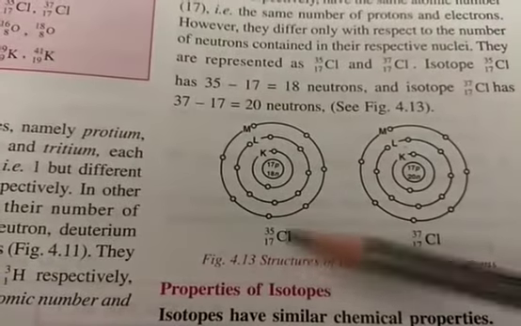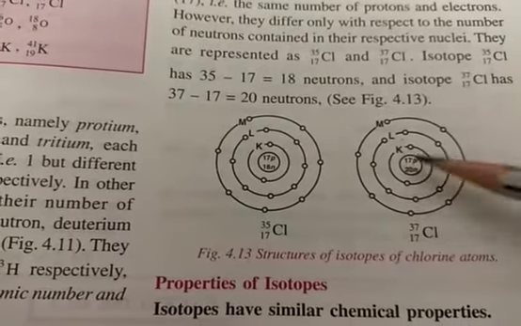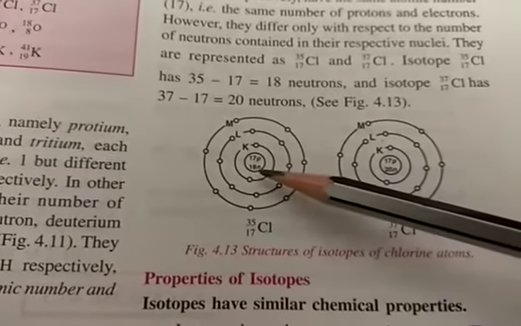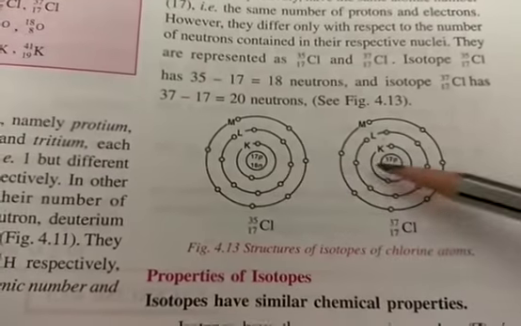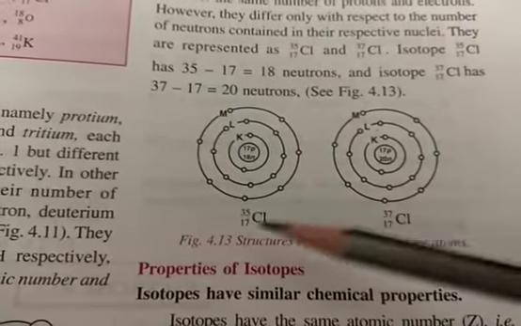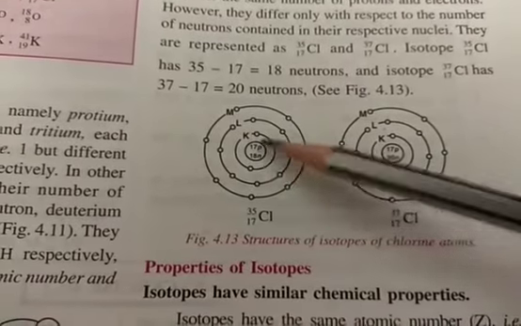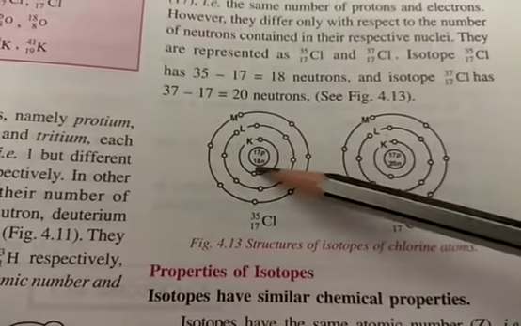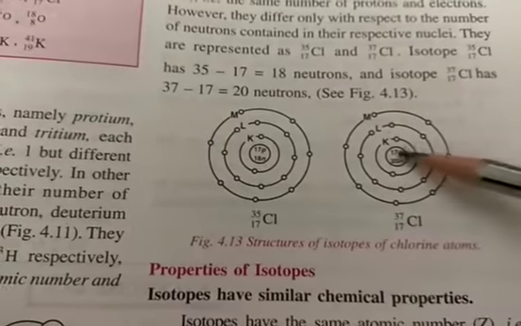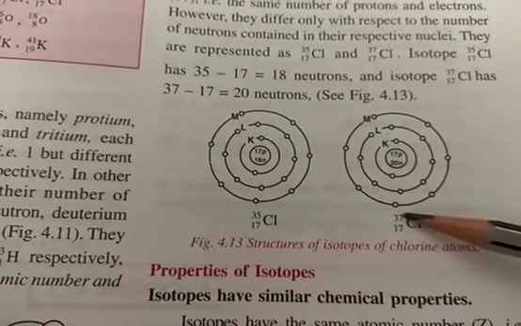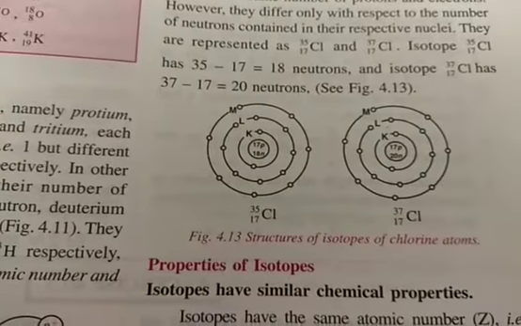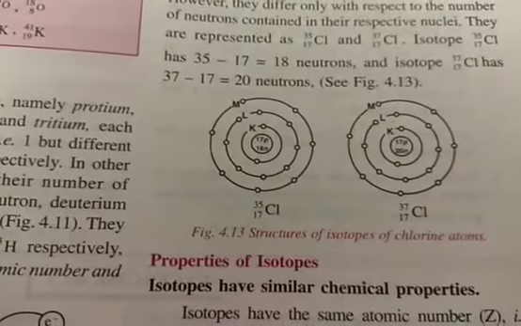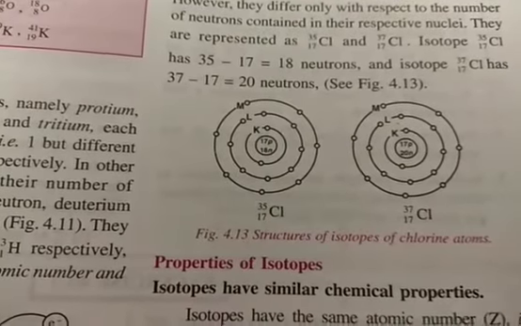Then for chlorine also 17 means 17 electrons should be there and 17 protons should be there. But the difference is in the number of neutrons. Here it is 18 and here it is 20. So that's why one side it was 35, because of the presence of protons and neutrons: if you add 18 and 17 it will become 35. Here if you add 20 and 17 it will become 37. So you can say that in isotopes the main difference lies in the number of neutrons. The number of protons and electrons in all the isotopes is the same.